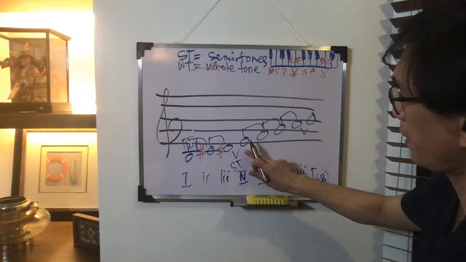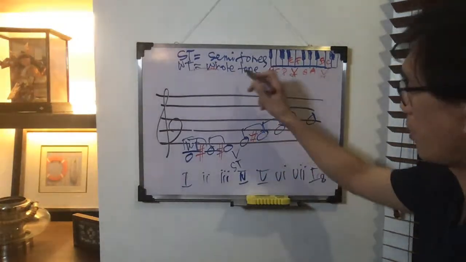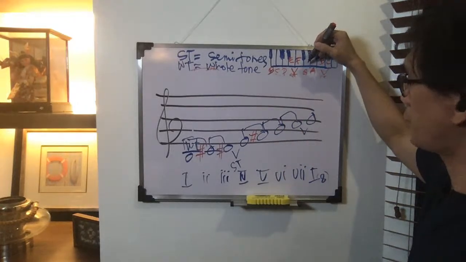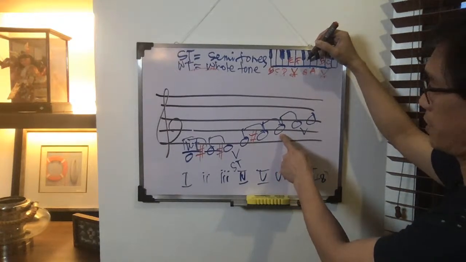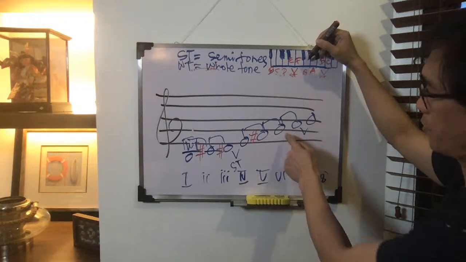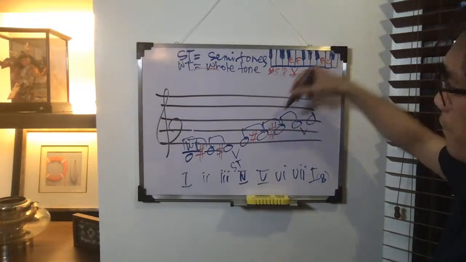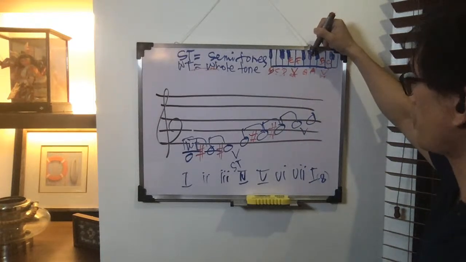So E to F sharp makes it a whole tone. The same here, F sharp to G is only half a step. If it's only a half step, then you have to make the one on the right sharp. Now it's a sharp, therefore F sharp to G sharp